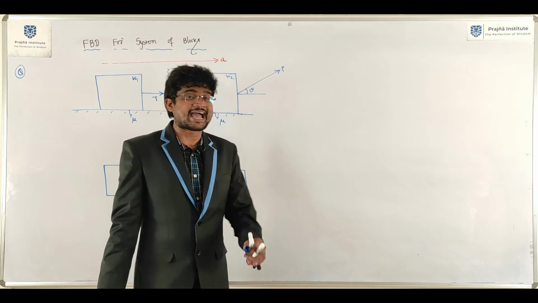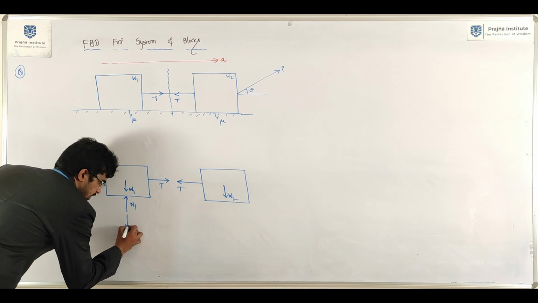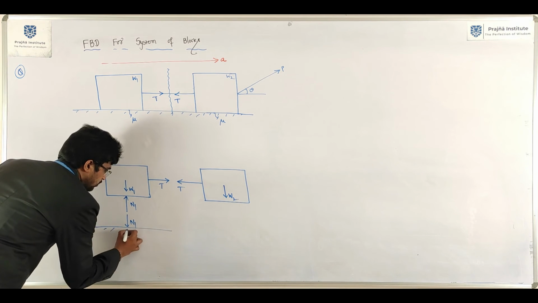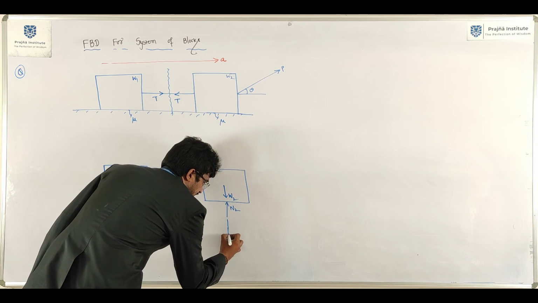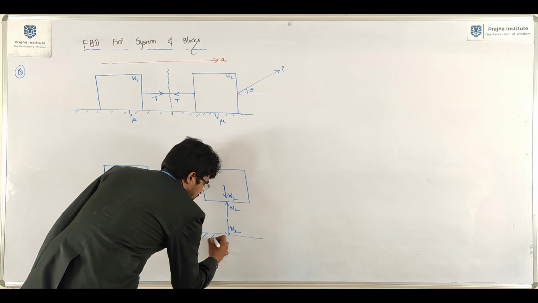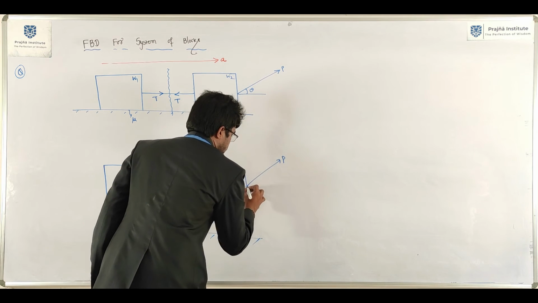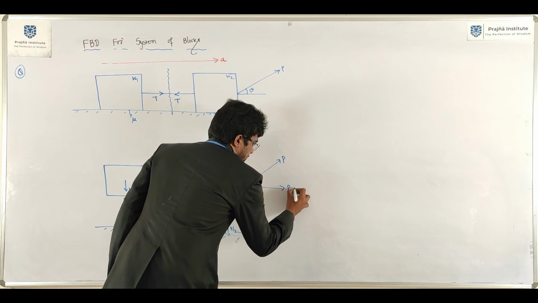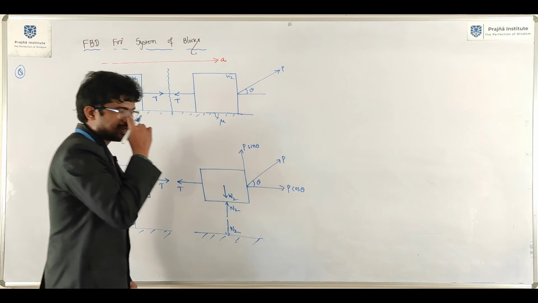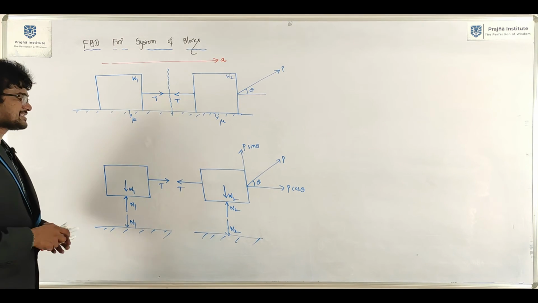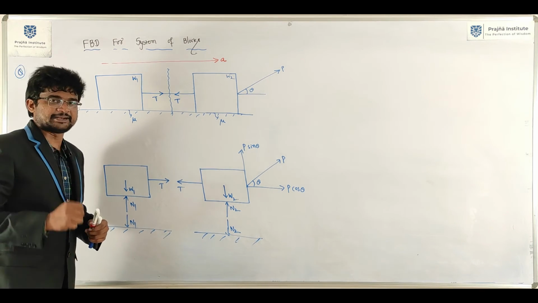Normal reaction always acts perpendicular to the surface. Means one normal reaction N1, another normal reaction N2 acting on the floor. Next, of course, we need to incorporate the applied force P here. Of course theta, P cos theta, then P sin theta will be acting like this. Next, what else is remaining? Inertia force and frictional resistance. Okay, that is the 4th statement.